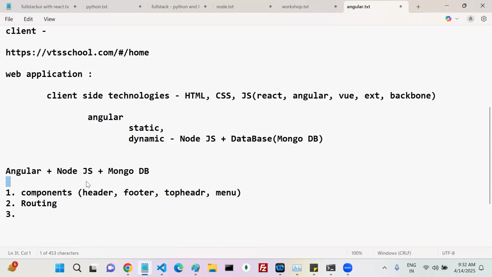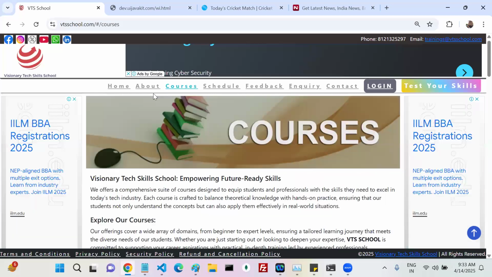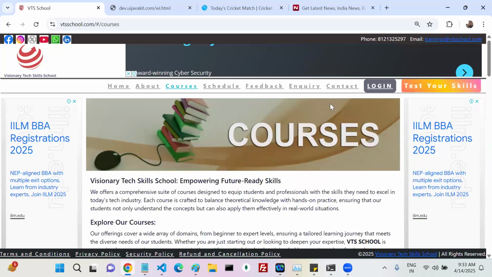These components we can say are directives. Components come under directives. So when we discuss components we are going to discuss the directives concept also. There are components, structural directives, and attribute directives also; we have these different directives. We'll discuss that, don't worry about it. Just focus on this requirement. Okay, done.